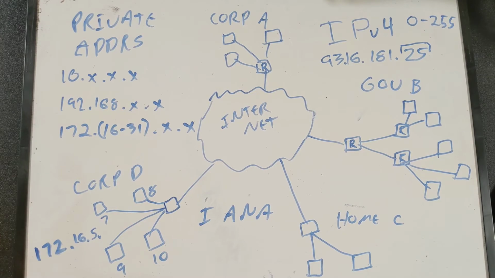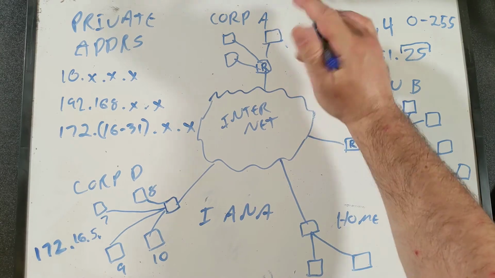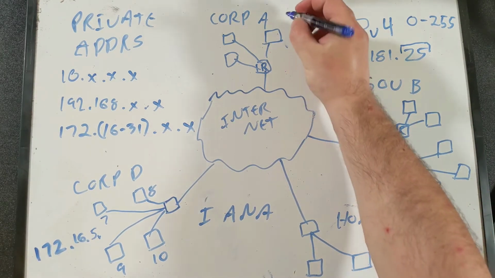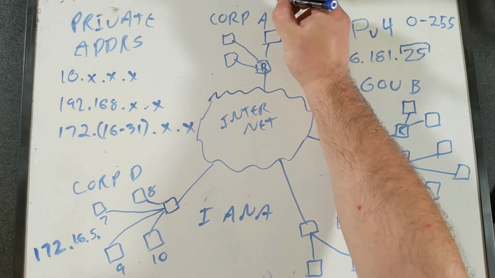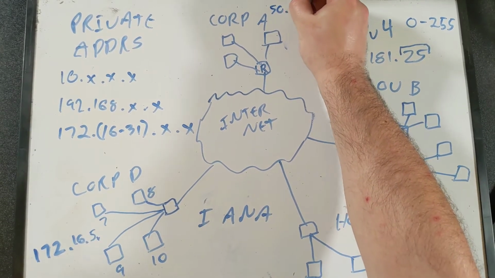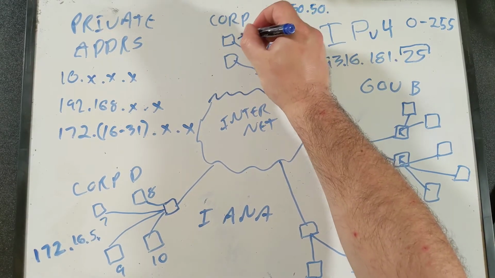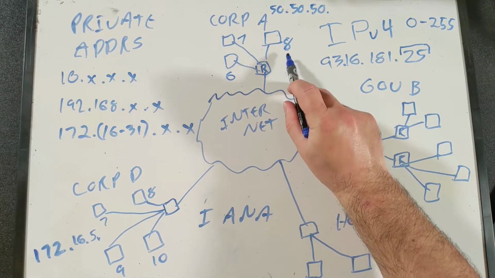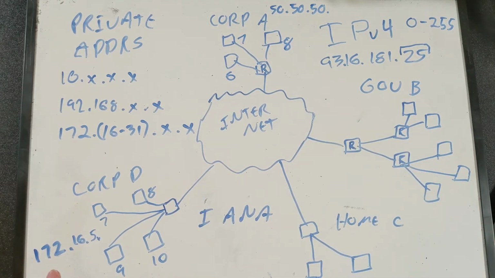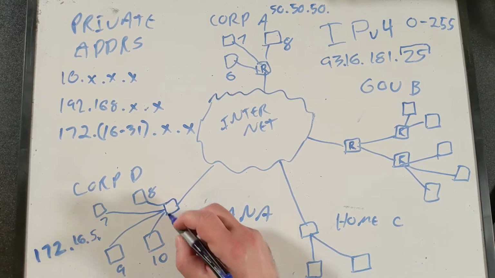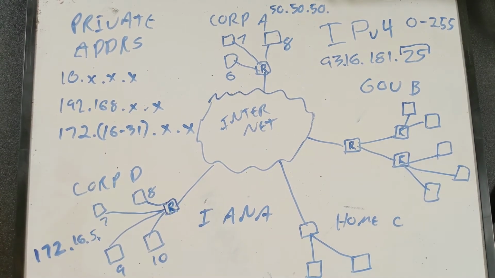But if it wants to send a message over to, say, this machine over here, which has a public address, because Corporation A is going to have a public network. So this is going to be, let's go with 50.50.50.8. So this machine here can send a message to 50.50.50.8, and it will go over to this router. And that router is going to do something called network address translation, or NAT,